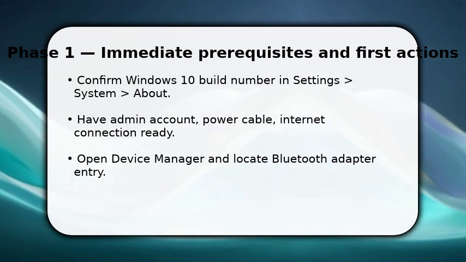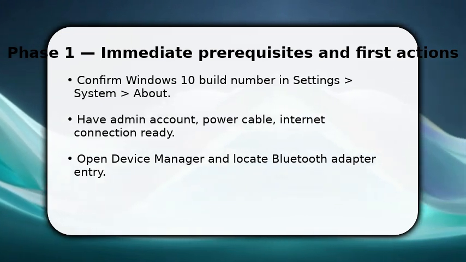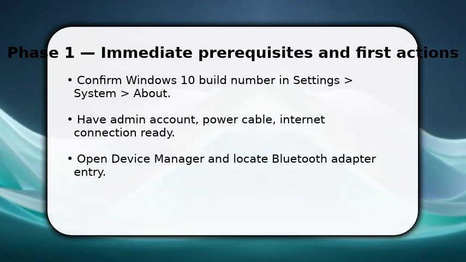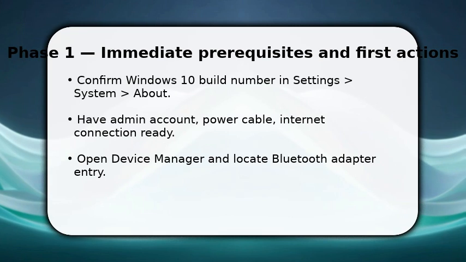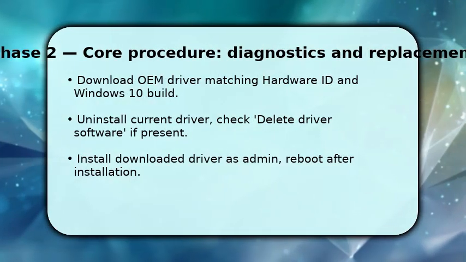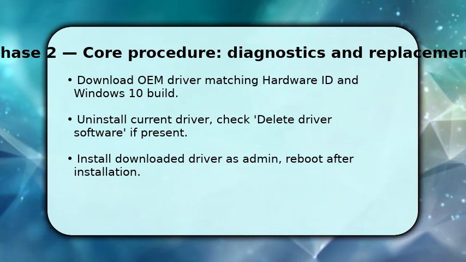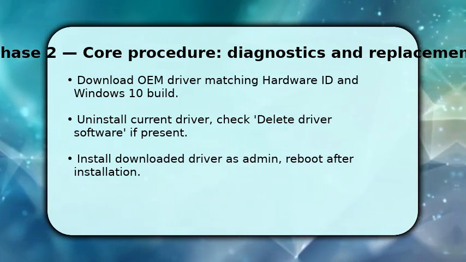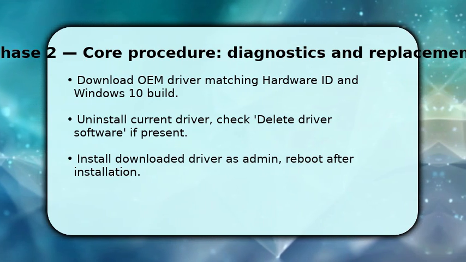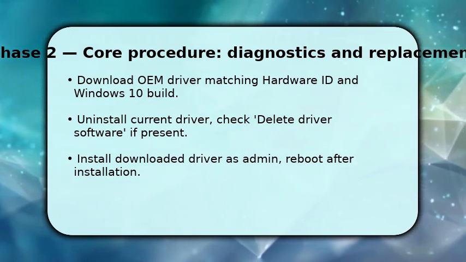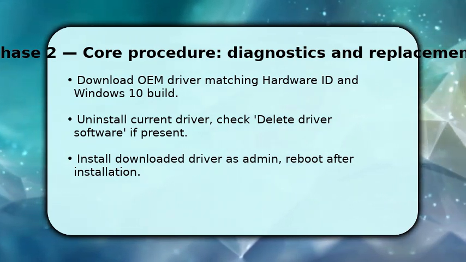Make sure to right-click the adapter now to view properties. The hardware ID will guide targeted downloads and avoid generic drivers that can fail. You should download the exact OEM driver that matches the adapter hardware ID and your Windows 10 build. Generic drivers often fail. Once downloaded, go back to Device Manager, right-click the adapter and choose Uninstall, tick Delete driver